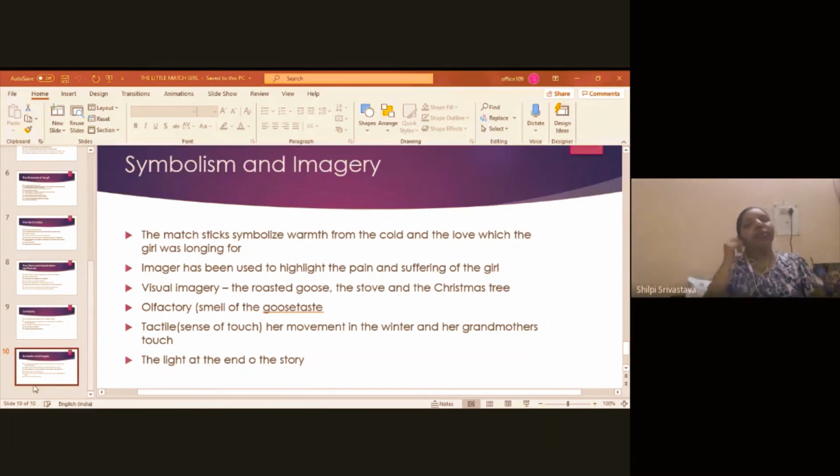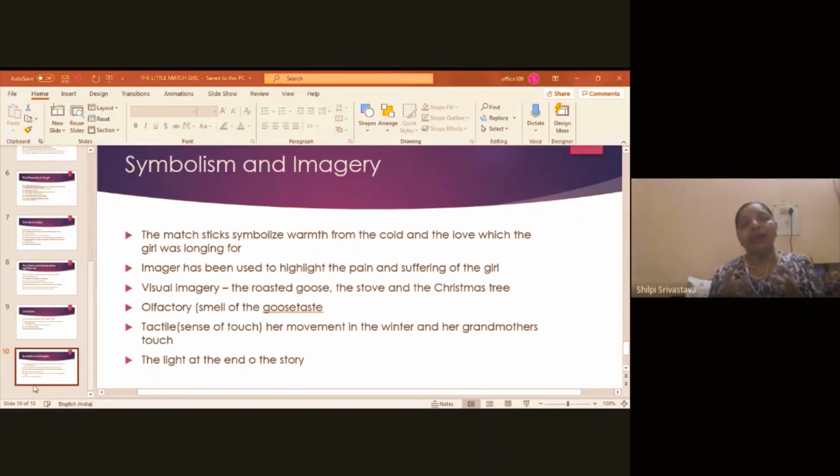So, visual imagery is when they describe sceneries in front of you: the roasted goose, the stove, and the Christmas tree that the girl sees when she is sitting, and yes, the grandmother that she also sees. So, all these are visual imageries. Through these imageries, the author wants you to understand the psychology of the girl,